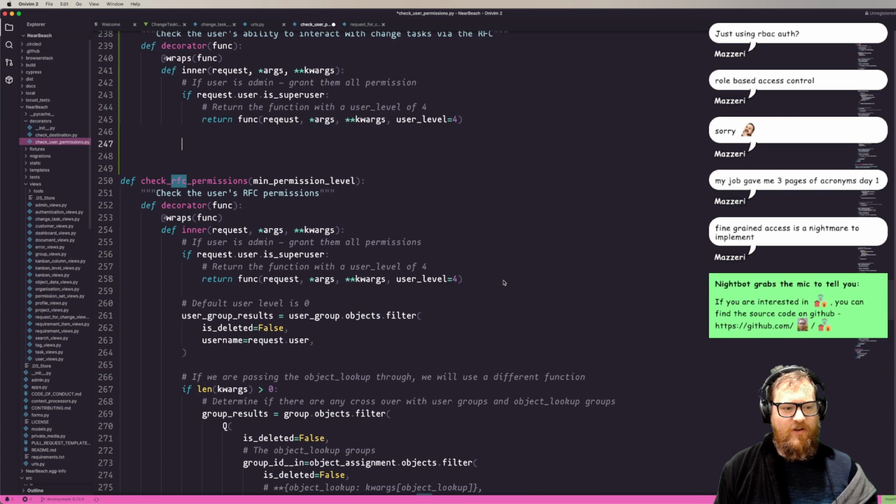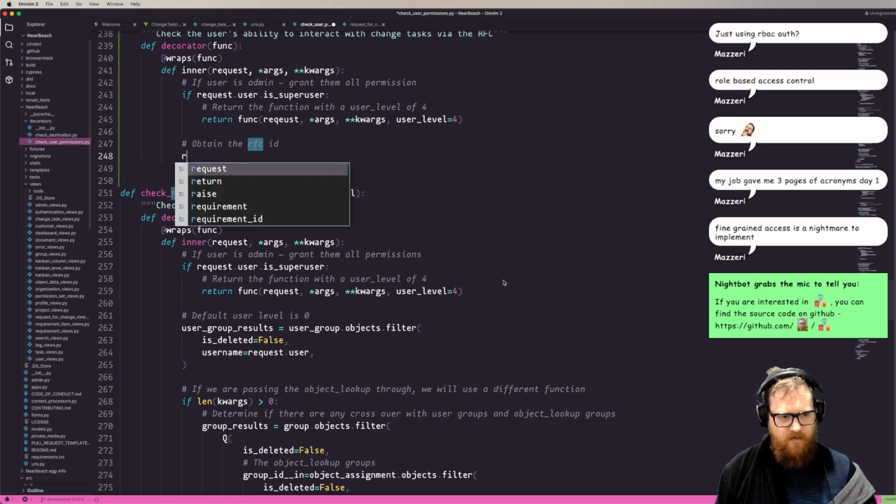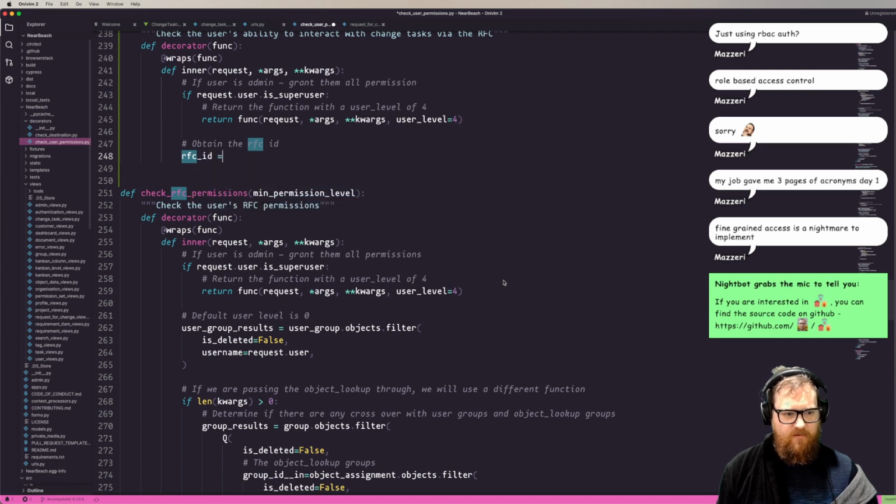All right, cool. So let's get straight off the bat. We'll need the RFC ID, so obtain the RFC ID. Now, because this is a nested object, this object belongs under the RFC, it should inherit all the user's permissions from the RFC. So RFC ID equals